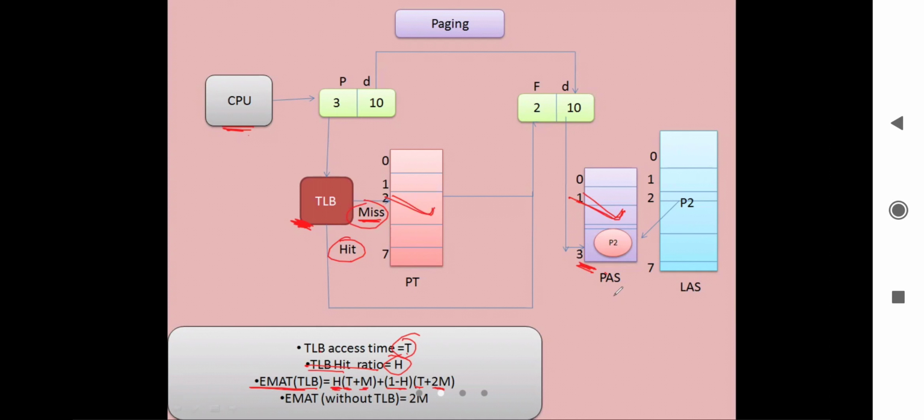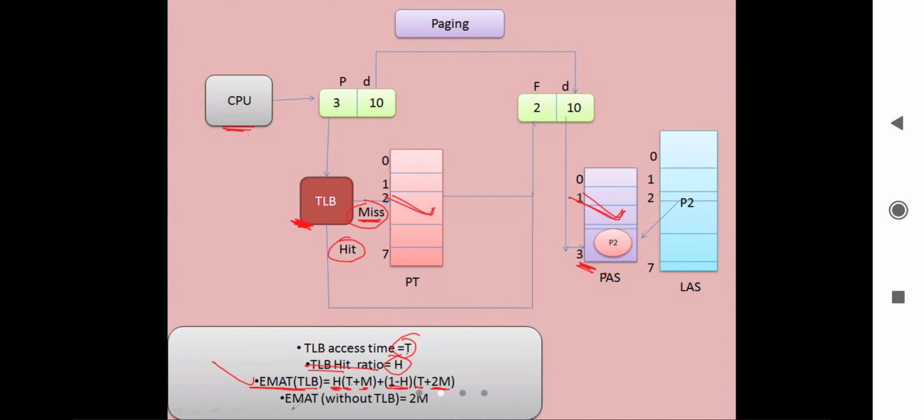So it is twice of M. It means the effective memory access time with TLB is H into T plus M, plus 1 minus H into T plus twice of M. This is the formula for effective memory access time with TLB.